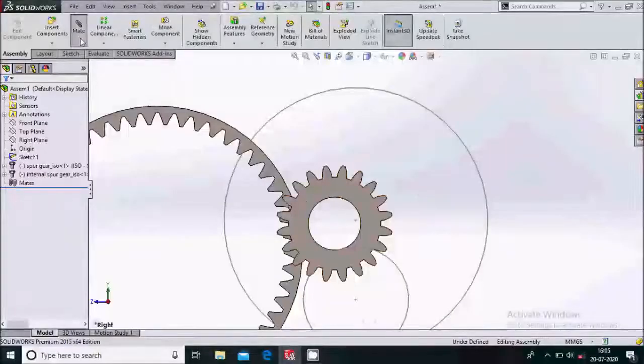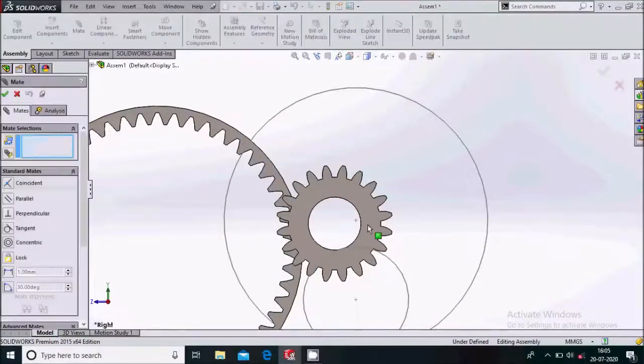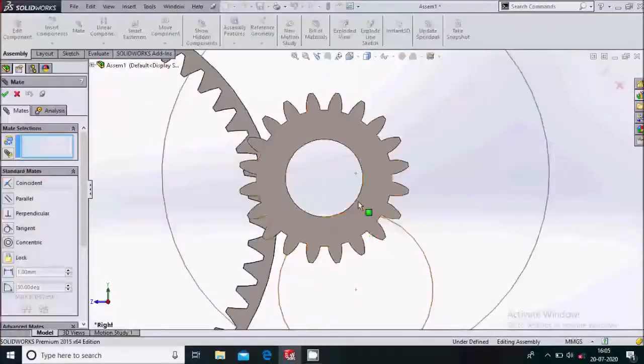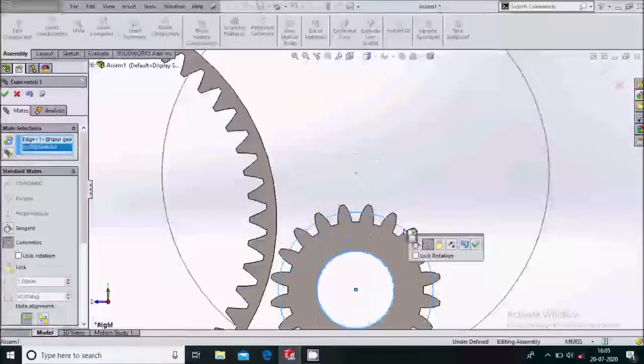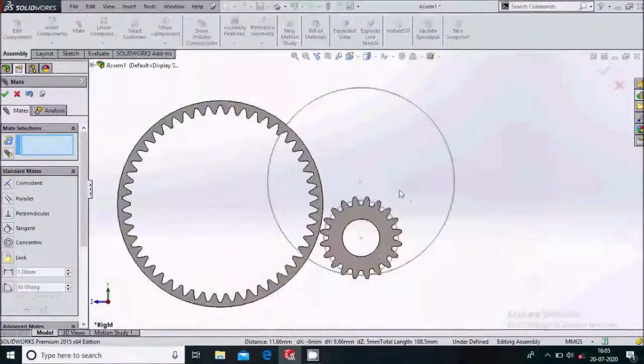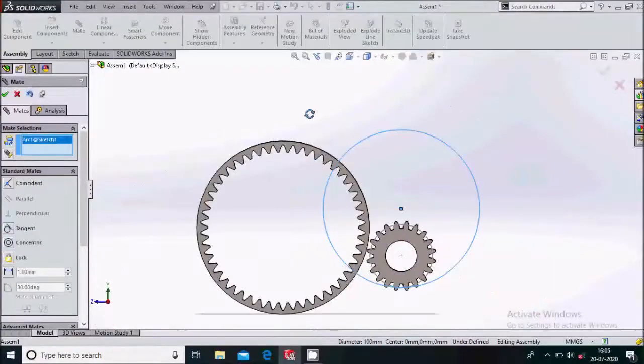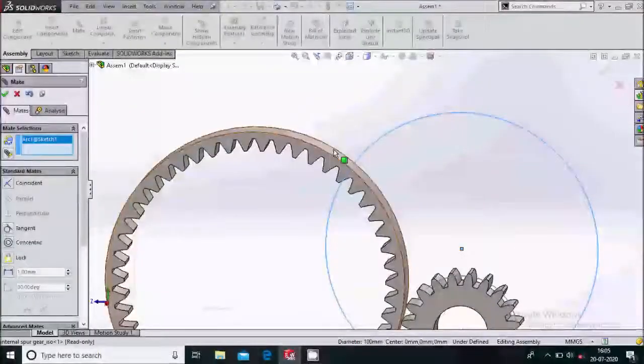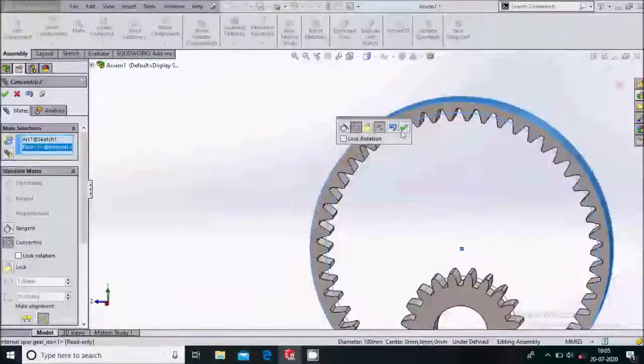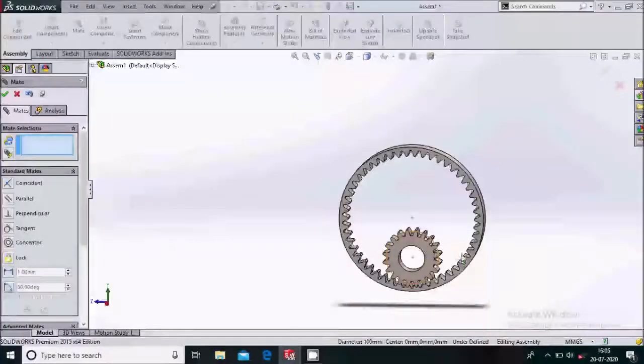We'll go for some mates. Select this mate. Select this edge and this circle. Make a coincident mate. Again select this circle and this face. Make again a coincident mate. OK.